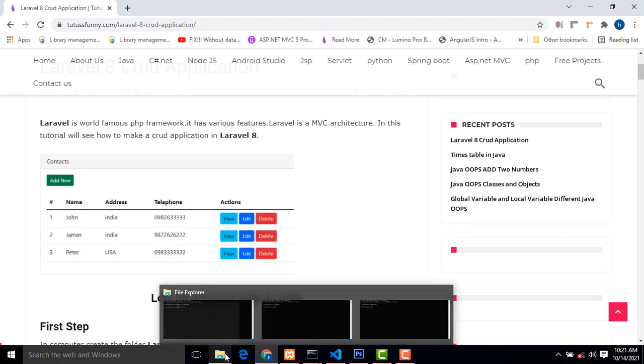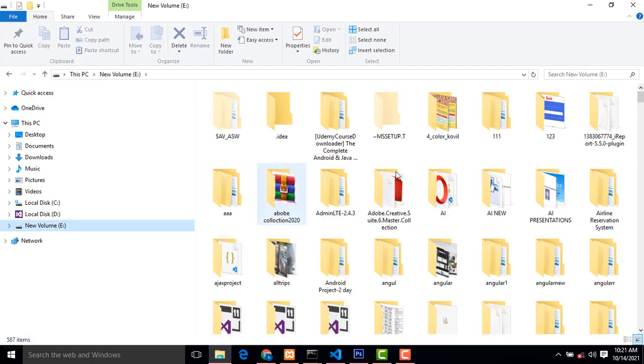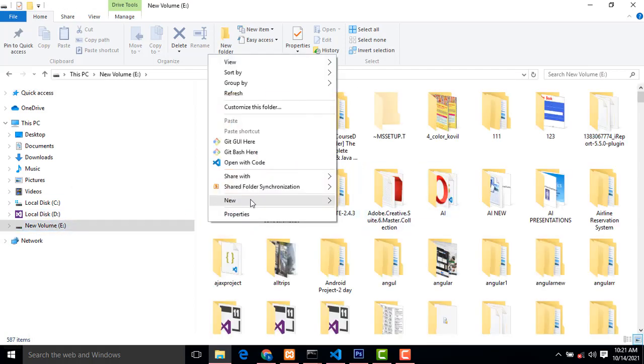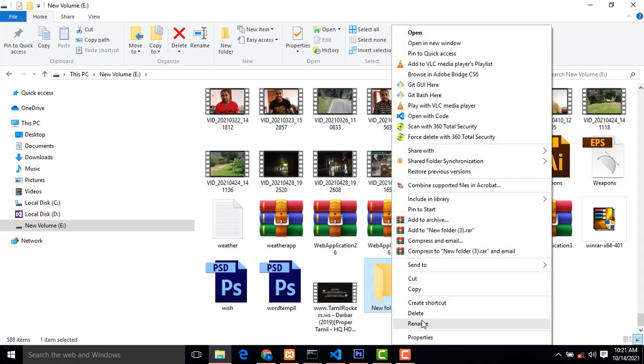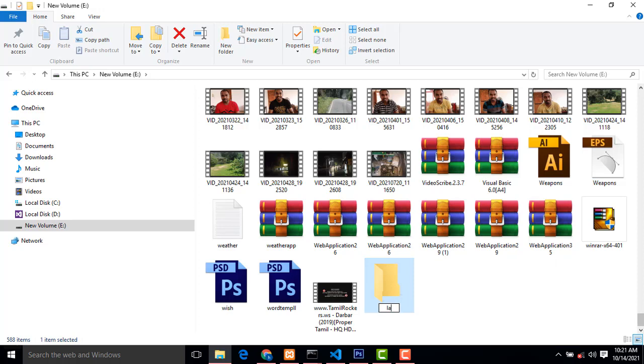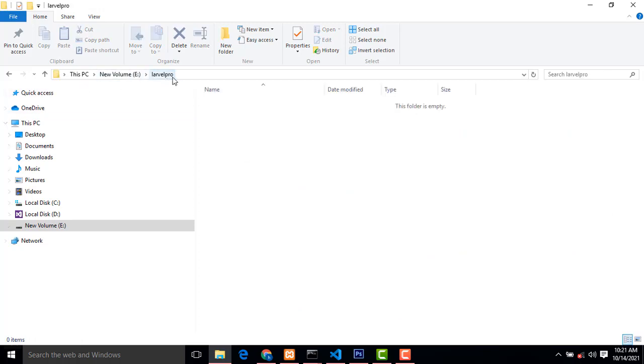First, I am going to go to the E drive and create a new folder called Laravel project. Inside the folder, I am going to create the project. How do we create the project?